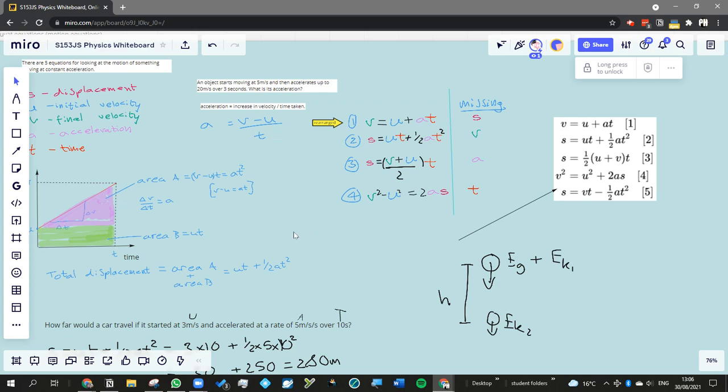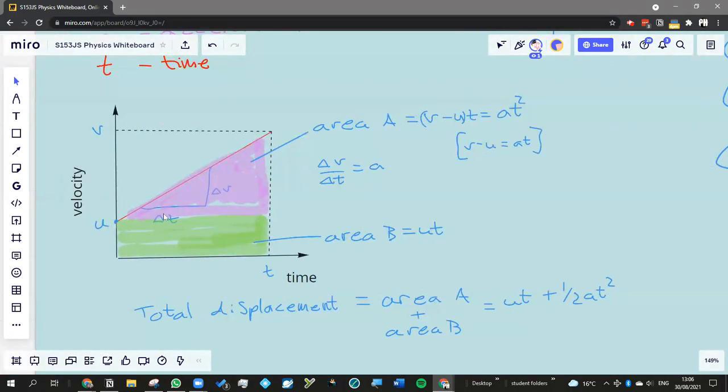The second one can be derived by looking at a velocity time graph, and remembering that the area underneath a velocity time graph will give you the displacement. So this is a trapezium. Anyway, in any case, it's a triangle on top of a rectangle. The rectangle is going to be equal just to that height multiplied by that length, which would be ut. Then the triangle is going to be equal to